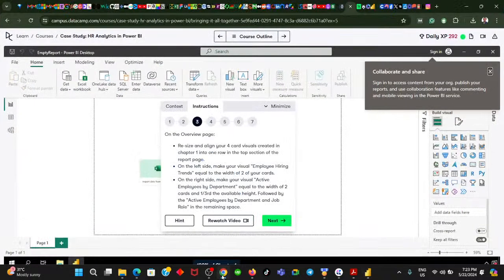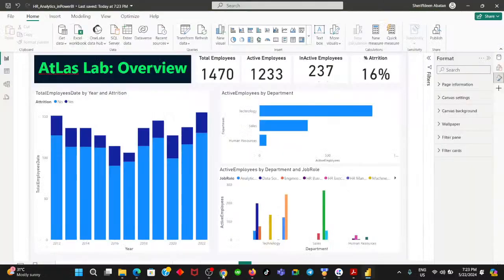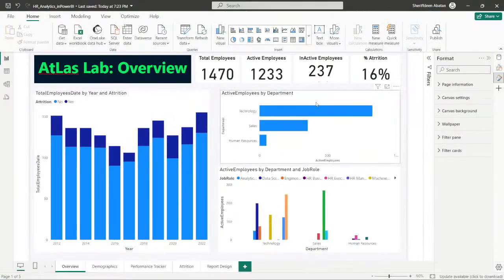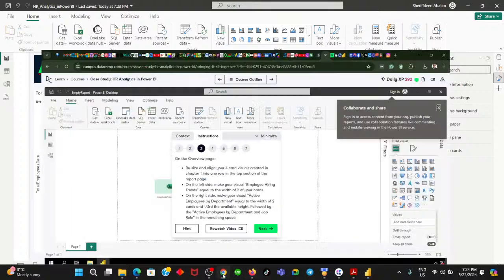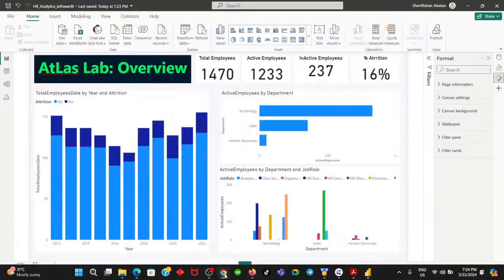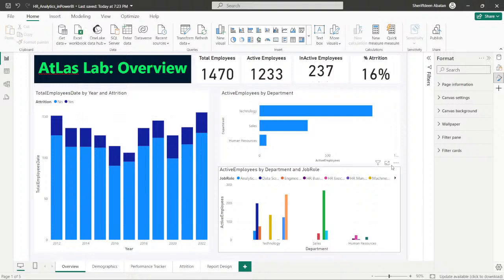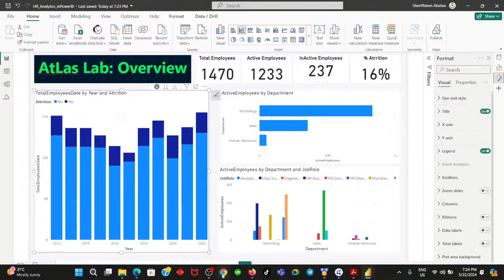On the overview page, resize and align your 4 card visual created in chapter 1 into one row in the top section of the report page. So we have it in one row, all the card visual, they're in one row. So it now says on the left side, this is the left hand side. Sorry, this is the left hand side, right here. It says